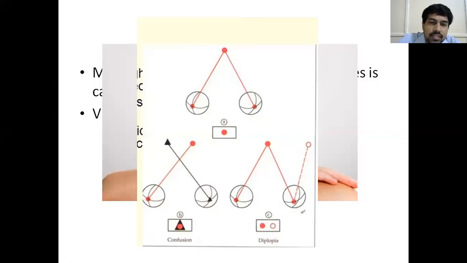So the brain starts seeing double. It starts seeing one triangle superimposed over a circle. So the brain will be seeing two images. Normally only one image should be projected onto both foveae, and one image is interpreted by the brain. That is normal. But in the phenomenon called confusion, one image falls on the fovea of one eye and another image falls on the fovea of the other eye. Finally both these images reach the brain, and the brain sees two images, one of a triangle and one of a circle.